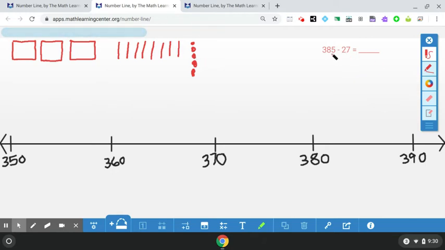Okay? And you can see that I have 2 tens. I don't have enough ones. So I'm going to have to break one of those apart, and let's put those together right here. 1, 2,